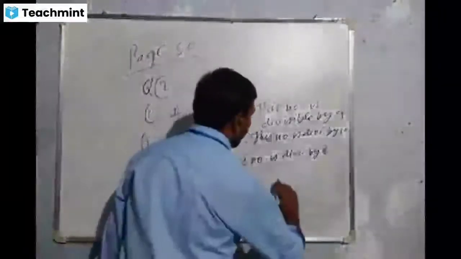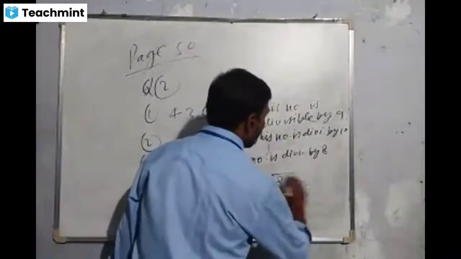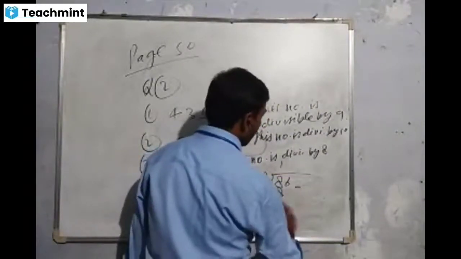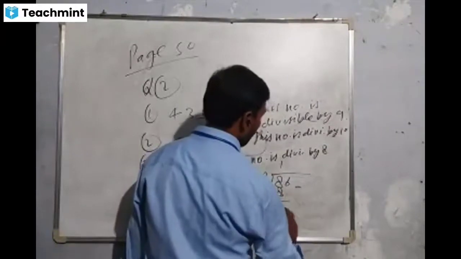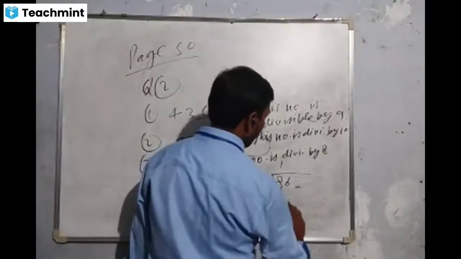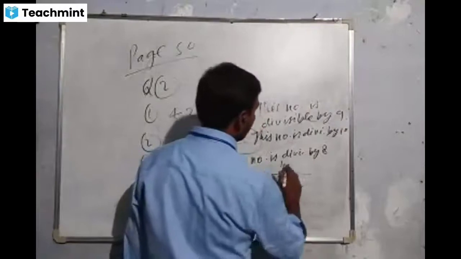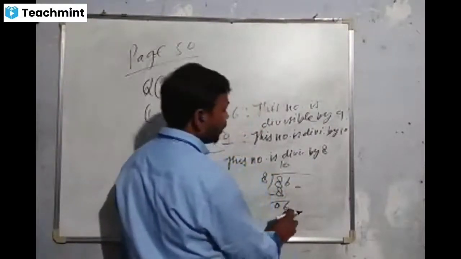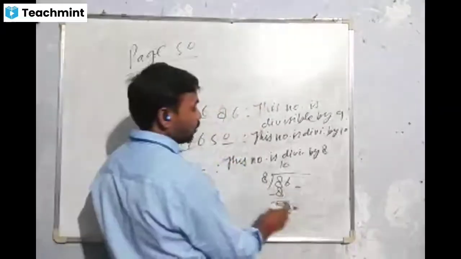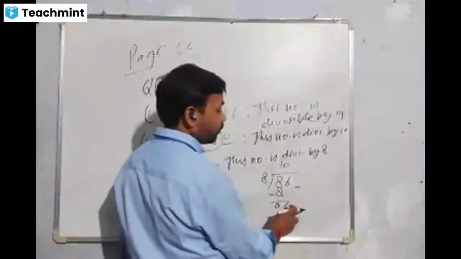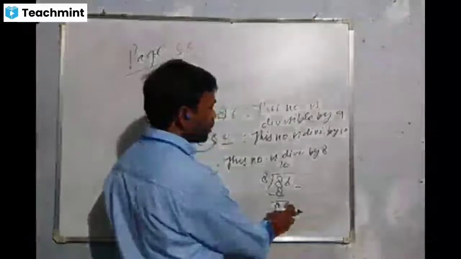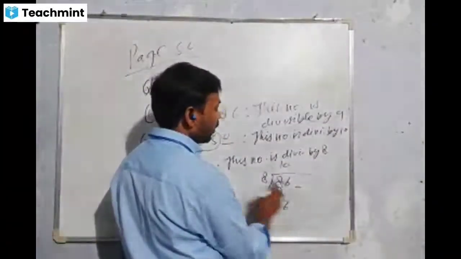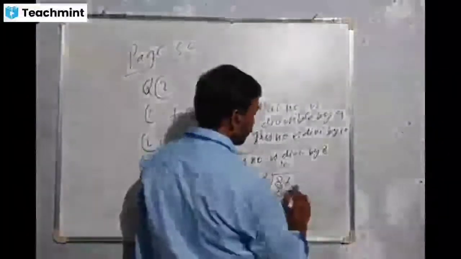See children, 8, 6, suppose here nothing is there, so divide by 8, 8 ones are 8, then here 0, and then 6 comes down, but 6 is less than 8, so here should be 0. And after 6, which digit should be put so the number is divisible by 8? After 6, if we put 0, then 16 is not divisible by 8. If we put 1, then it is also not divisible by 8. So here should be 4.